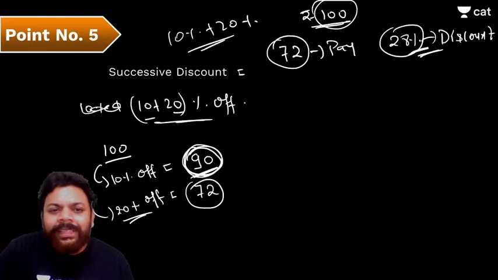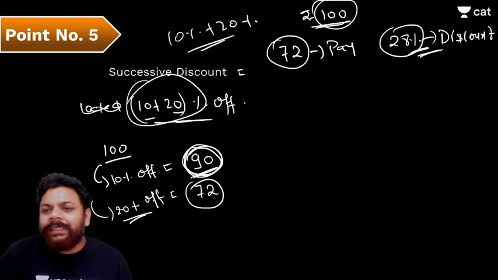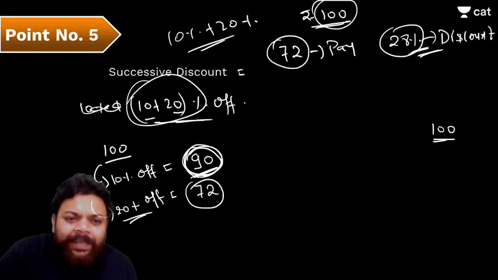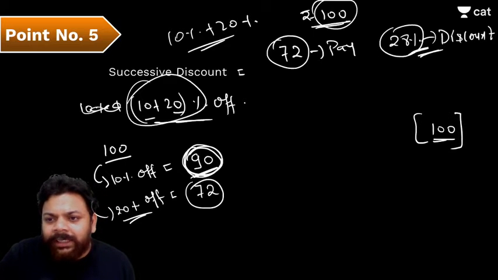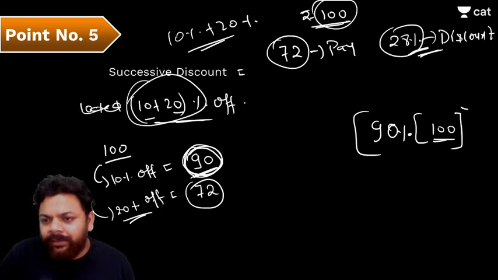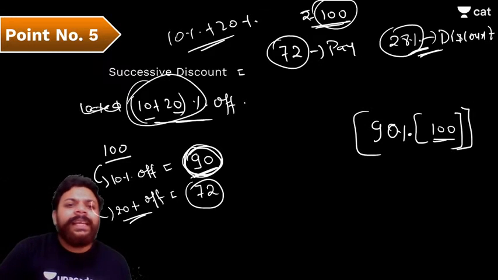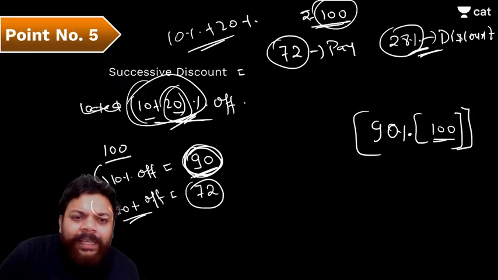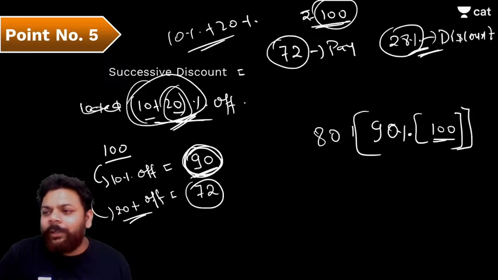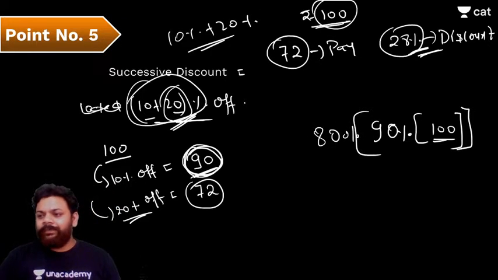So first approach is like this one. If there is 10%, I'll take 100. Just try to think, if there is 10% off, that means for sure we need to pay 90% of this one. And once again, if there is a discount of 20%, that means we need to pay 80% of this.